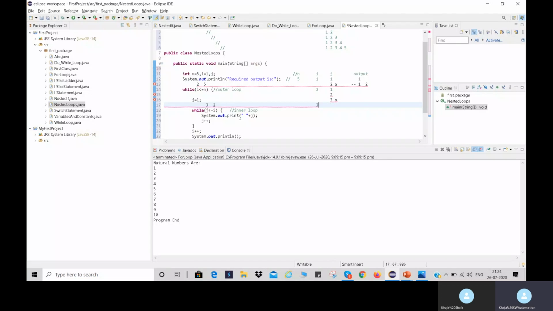So like this, the complete loop will be executed and it will become the values like this. I value becomes 3 and the j values will be 1, 2, 3, and the condition will be tested till 4. 4 is less than or equal to 3, false. So here the output will be displayed in the next line like this. 1, 2, 3.